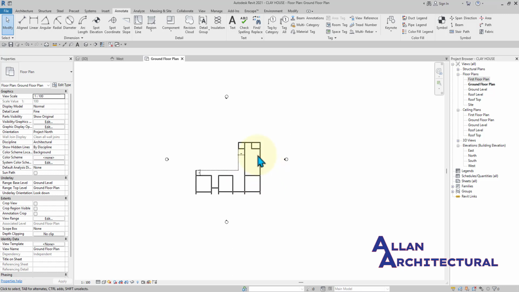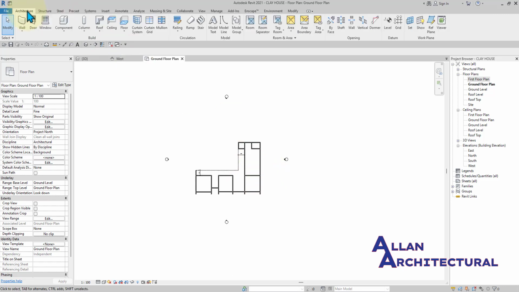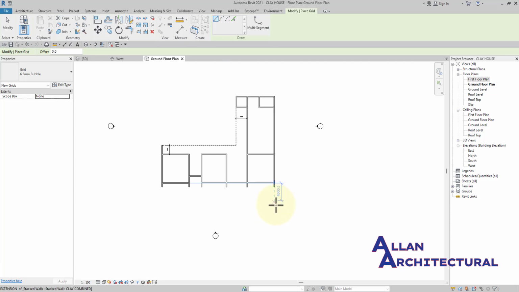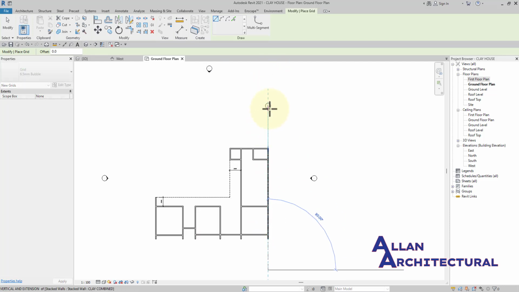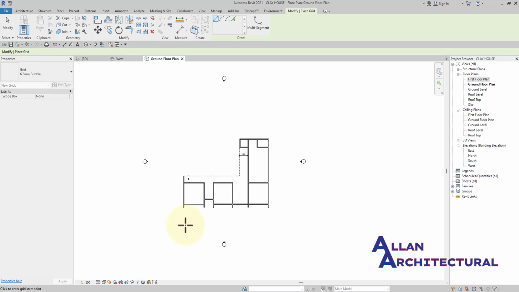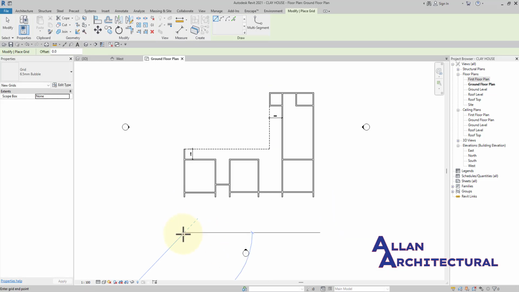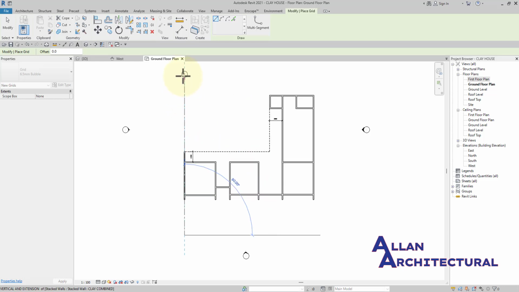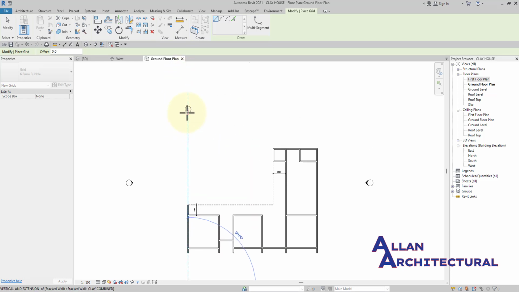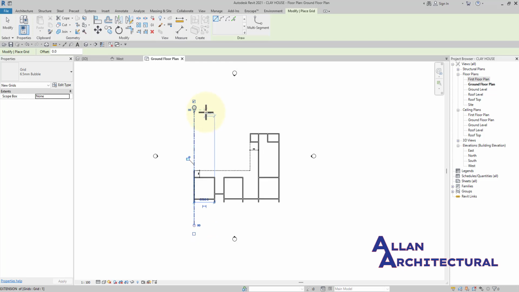So I'm going to draw out the grid lines. I'm going to go straight into Architecture, and then I'm going to get into this Datum section, and then I'm going to click on Grid Lines in there. Right, so I'm going to draw out those grid lines starting from this grid line here, but I'm not going to start from here. Let me just start all the way from somewhere here and pull this all the way to around here. This is fine,